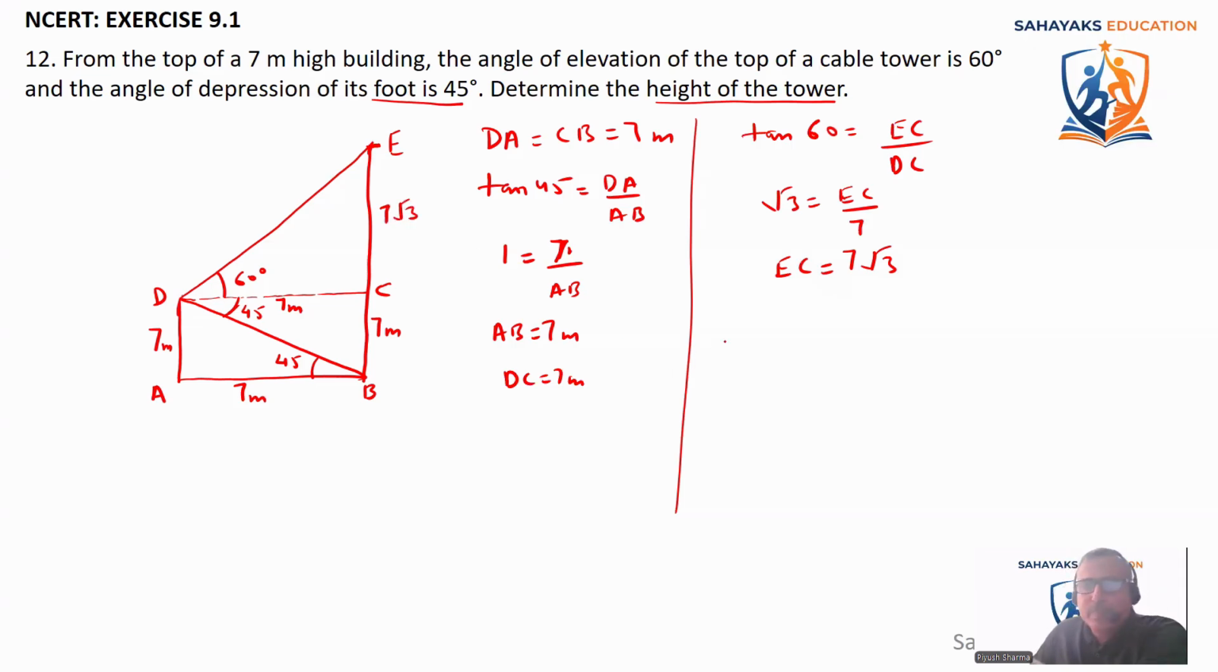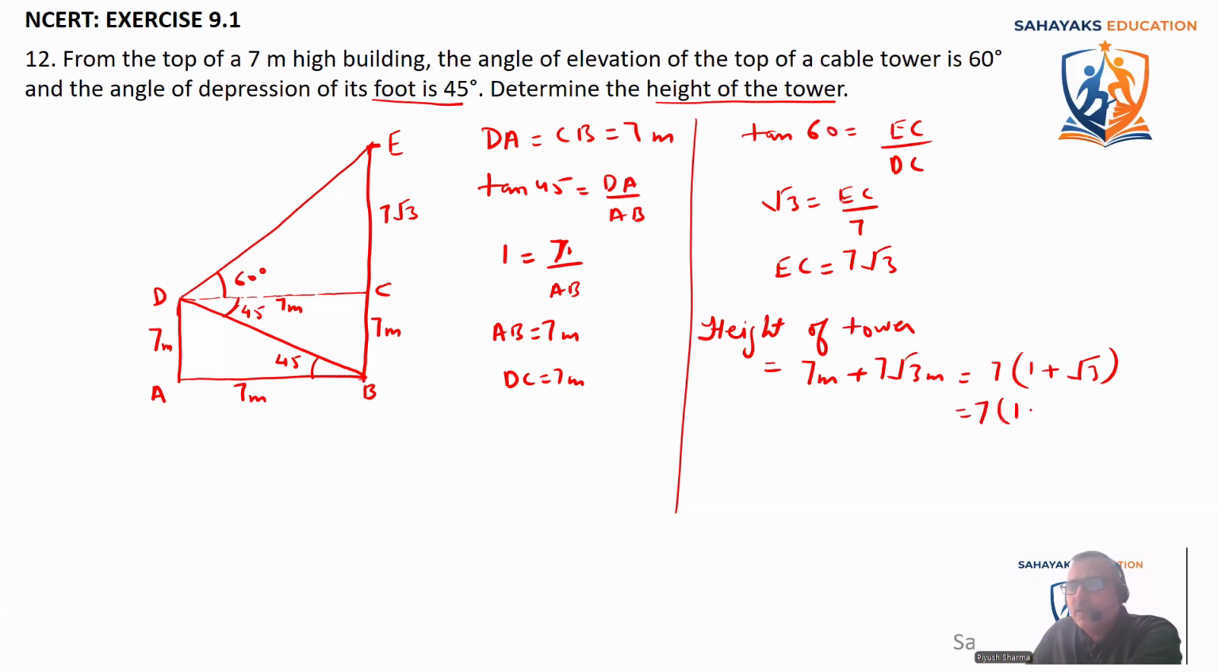Now, the height of the tower. So height of tower is equal to 7 meters plus 7 root 3 meters. So 7 is common here, so it comes as 1 plus root 3. So we'll multiply it, 7 into 1 plus